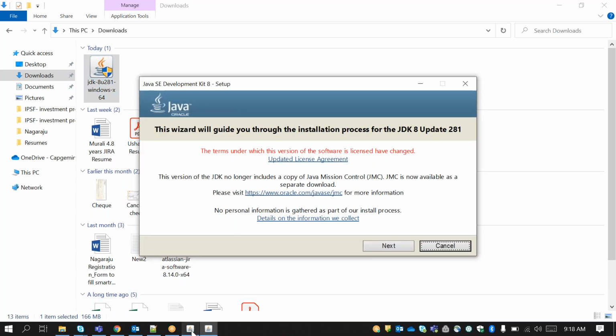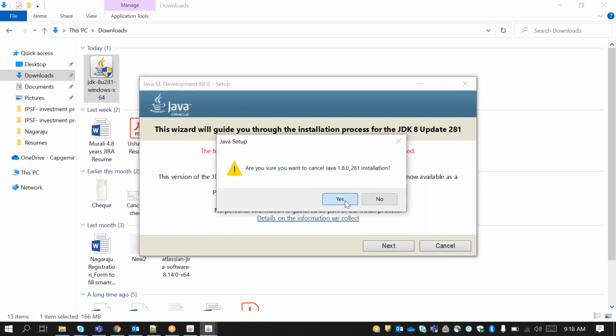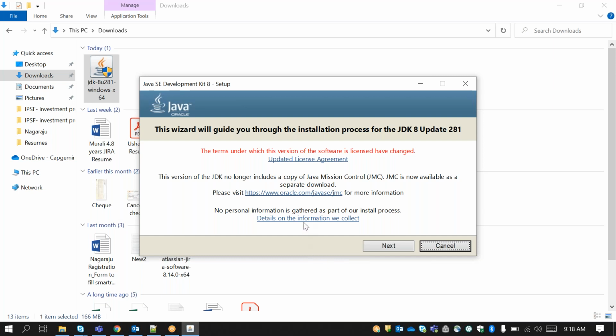When you click installations, these two are coming. Okay, so once you click on run as an administrator, this page will appear.